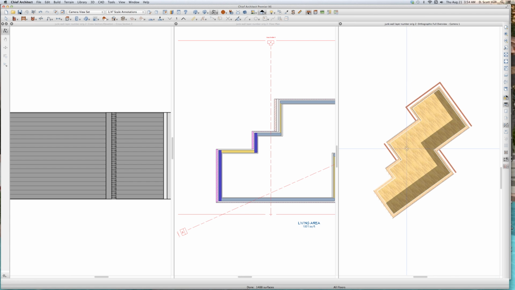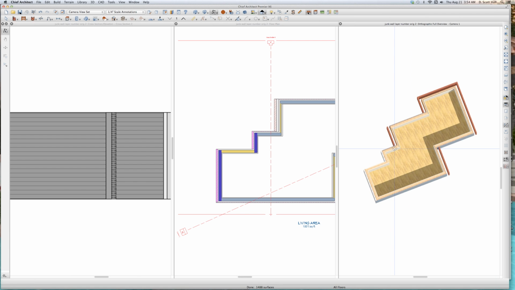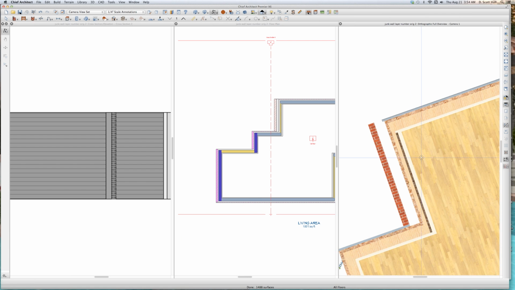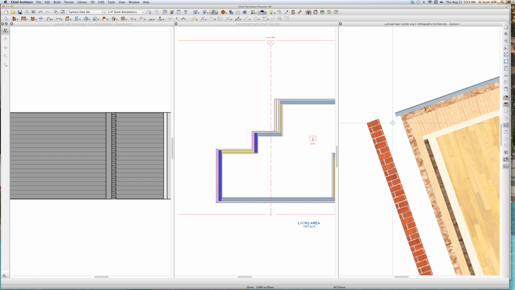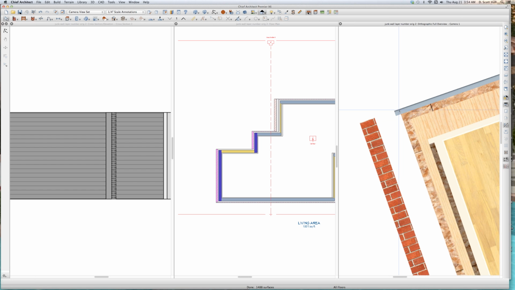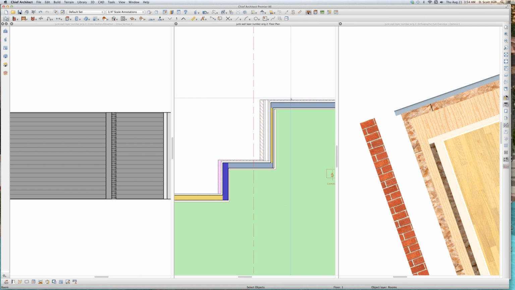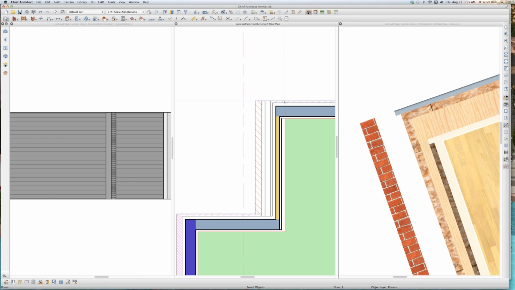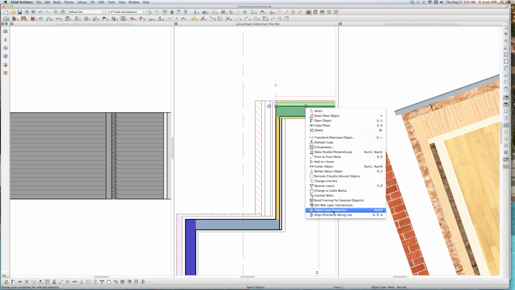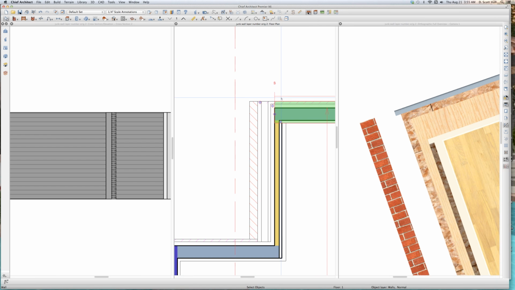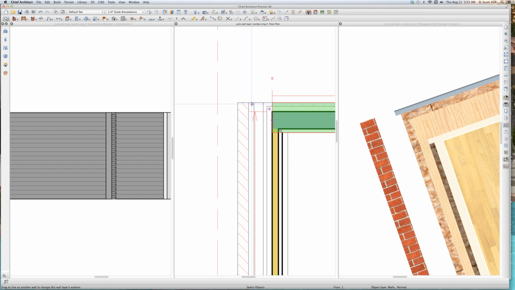7.7. So I'm going to see if I can drag this on a little bit more and see if I can come up with any other reasons why we want to play with this. Here it is right here. You can see that this siding doesn't come all the way to the brick because I have multiple layers. If you insist on using a different number of layers on the exterior, this tool is very handy because you can right click this, edit wall layer intersections, and now I can come over here